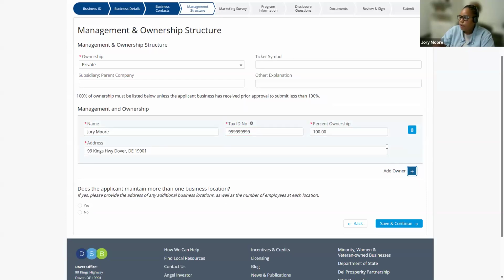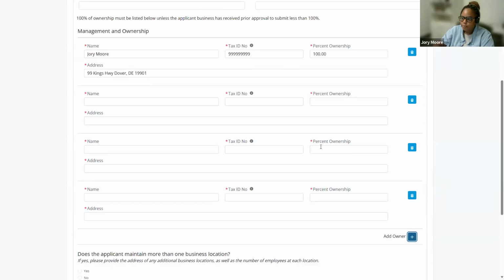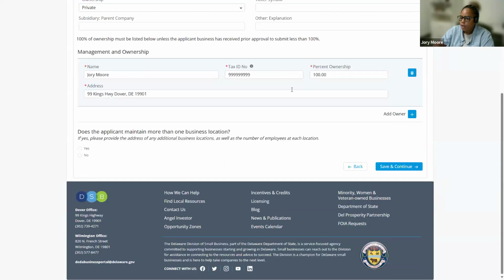Okay. If you have more than one owner, let's say that you have somebody who owns 50, and there's a 49-51 situation, 50-50, whatever those percentages are, all you got to do is click this add owner plus button, and then more of these boxes will continue to generate. Okay. But if you don't need that, you can get rid of them, and we can stick with the 100%